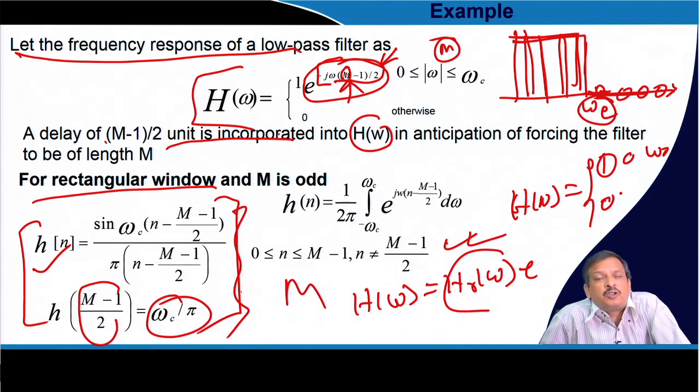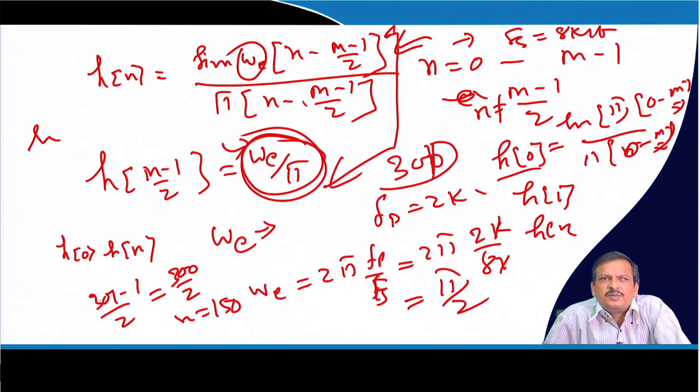So this is the procedure for designing an FIR filter. First you define your H(omega), then you develop the expression of h(n). Once you get it, then you can design the filter. Once you design it, because you know whether m is odd or even, what is the equation of that, I get that filter frequency response. So this is FIR filter design using the window Fourier method.